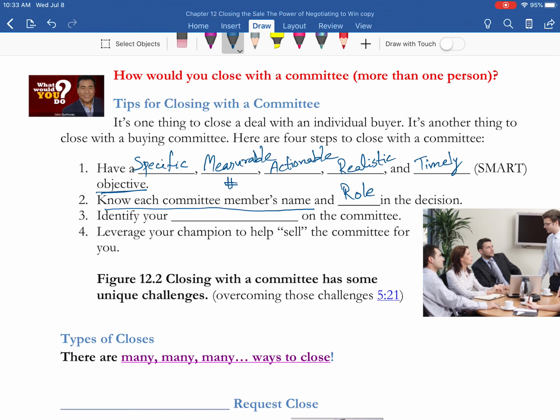And also there may be an influencer. They may not be even in the room. So you have to know who that person is, and you have to make sure that you address their concerns as well. And if that particular person is not in the room, still they may have their issues and they may stop the whole process of sales going forward. So you really have to know the names and roles.